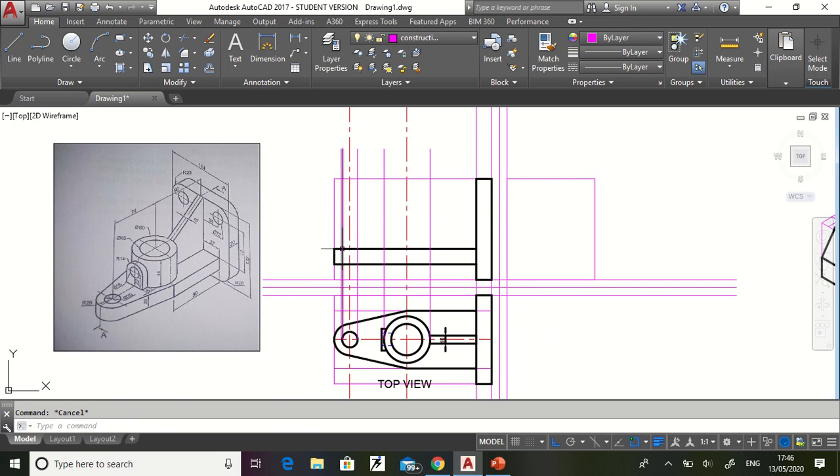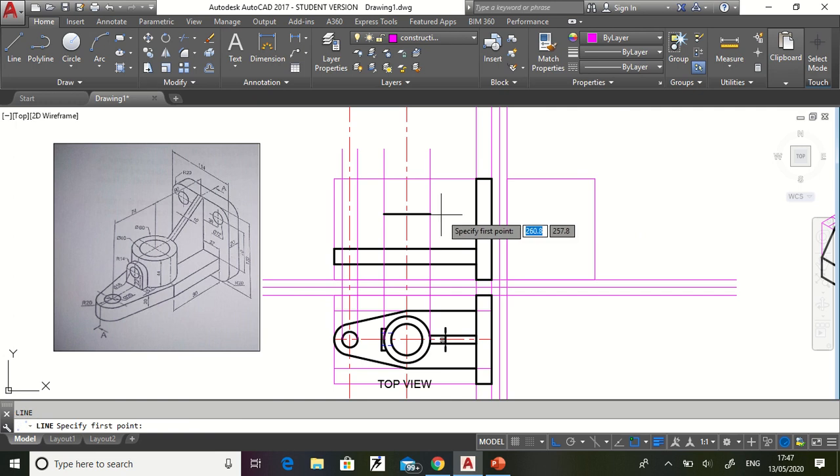So we can get the line over here and this is at a distance of 44 from here. So select this, copy from here at a distance of 44, then trim up to this line and this line, enter, and this is to be trimmed.